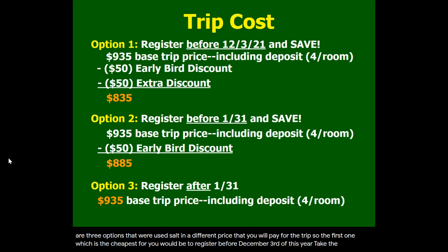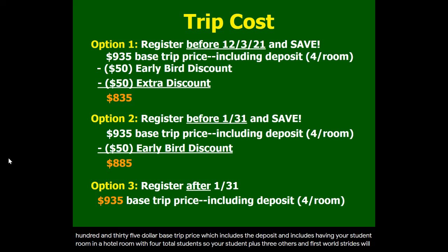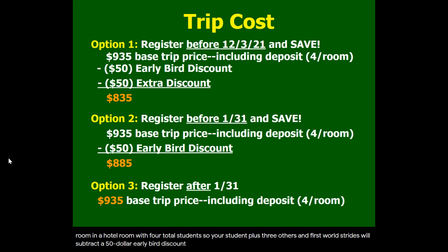This will take the $935 base trip price, which includes the deposit and includes having your student room in a hotel room with 4 total students. So your student plus 3 others. And first, World Strides will subtract a $50 early bird discount. And then World Strides, if you register your child for the trip before December 3rd, they will take off another $50 from the base trip price, leaving you to pay